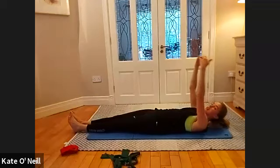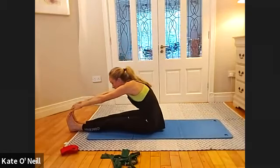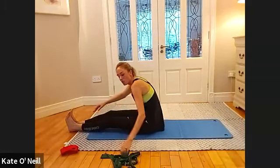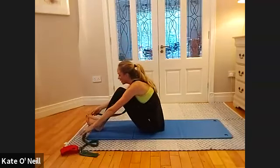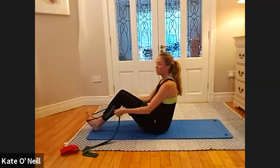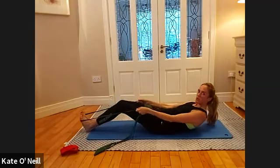Exhale, hands to ceiling and coming up nice and tall and controlled. It should be slowly, your abs doing the work. Okay, I'm going to show you how you can do this with the band. Everybody keep moving through it. Inhale to reach back and extend. So anyone that struggles with this movement, you can support yourself with the band on your feet. Knees can be bent. Once you're on the floor,